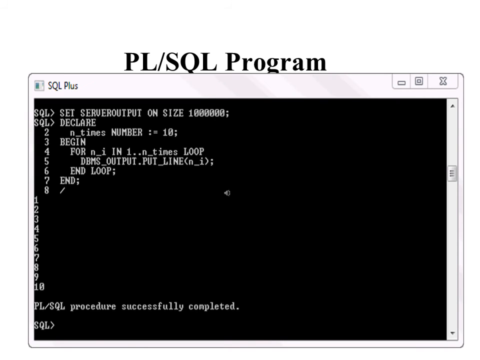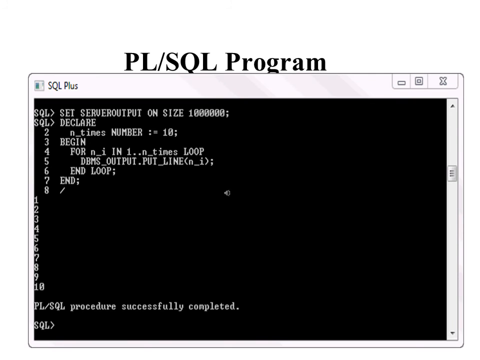This is a sample program of PL/SQL. Here the declaration statements are there. n_times number := 10, a number is given. Begin starts the PL/SQL program, and after that a for loop is used: for n_i in 1 up to n_times loop.